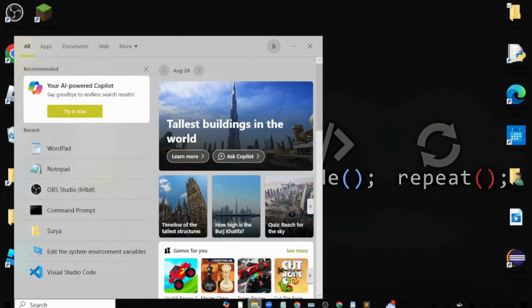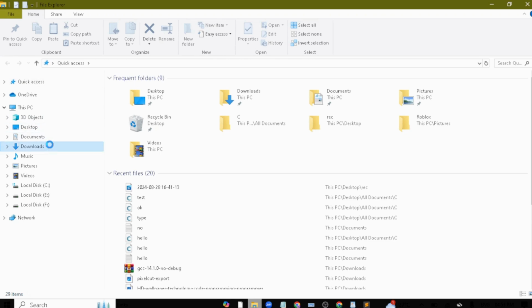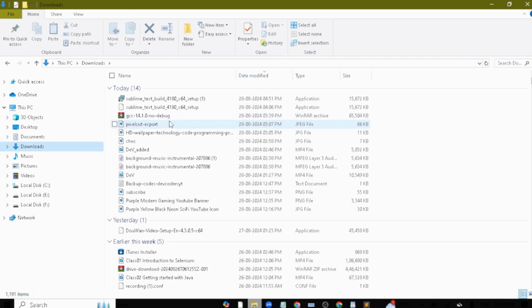Let me open my file explorer, and once you've downloaded that, you should be seeing something called, where is it, yeah, GCC 14.1.0, which is a version, which is the no debug version. And once you have installed that, what you're going to do is you're going to open that